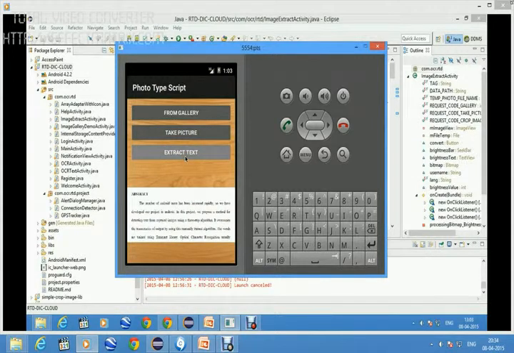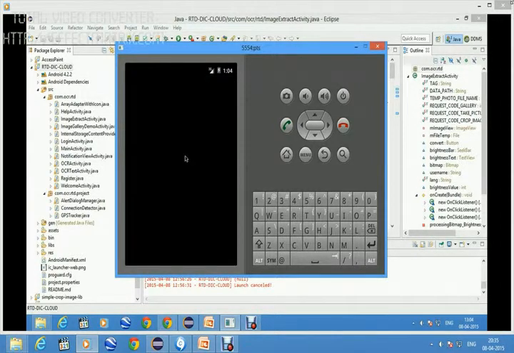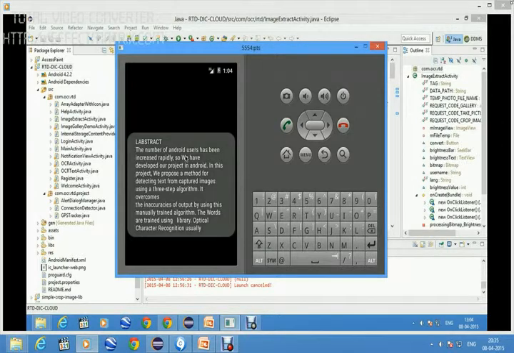Click on the extract button. After clicking on the extract button, the text will be extracted from the image.